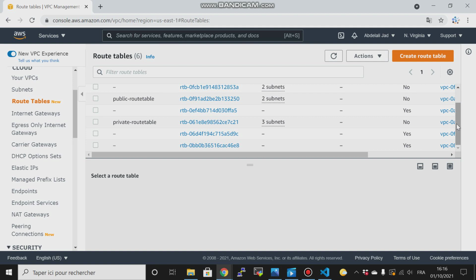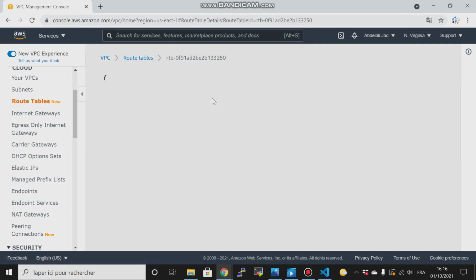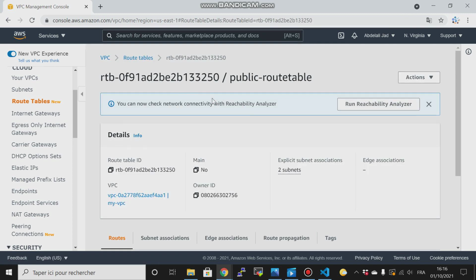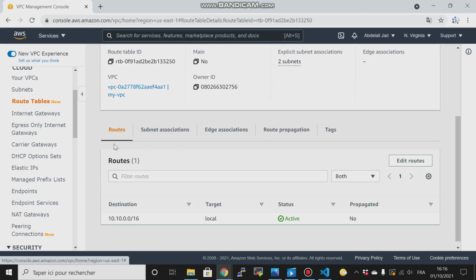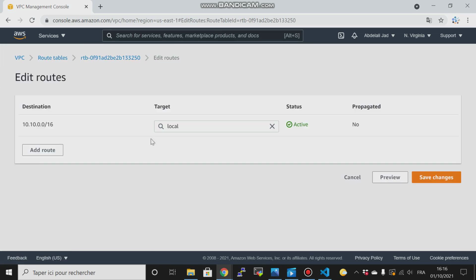If you don't do that, your EC2 instance will be confused and will not know what is the route that must take it to go to the outside and look for an IP address that is not in the same range, means that is not in the private IP address. So for that, I have to go to the public route table and edit the routes. So here in routes, I have to edit the routes, and here